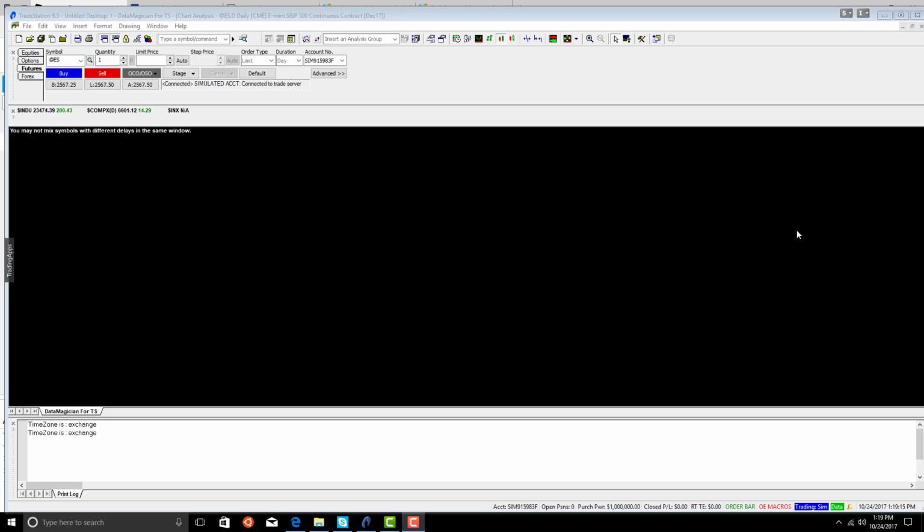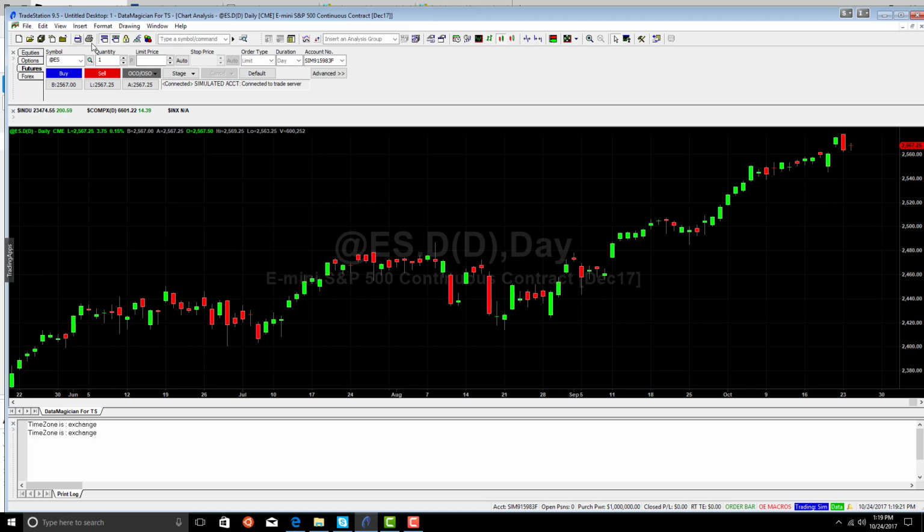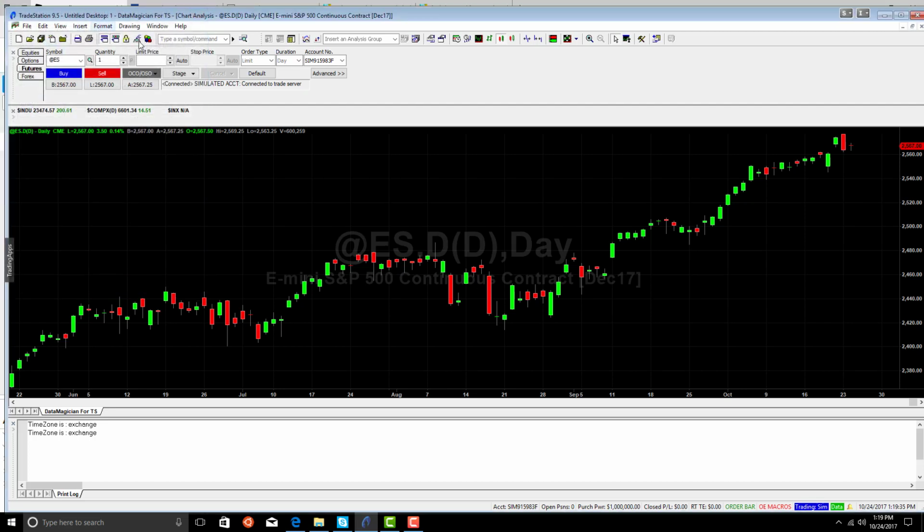Now let's go and see how we would do this. So we're going to have a chart. First is our ES daily chart. Now, just one point I want to make is you have to set to exchange time to make sure that you handle the delays. If everything's in exchange time, everything will work perfectly. It's 15 years of daily data. And all we do is add